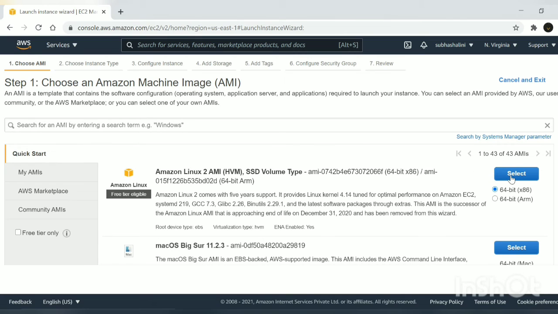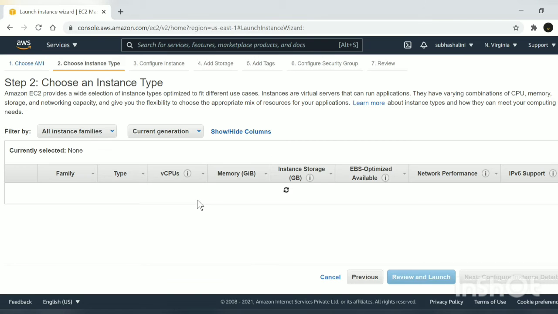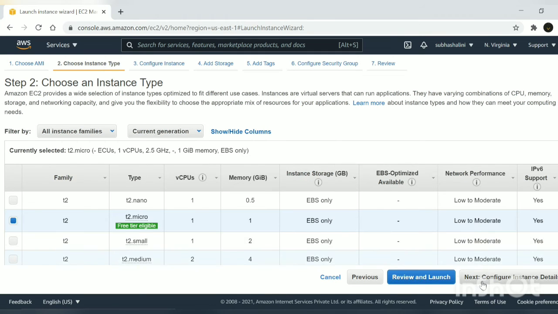Go with the free tier eligibility. I have chosen Amazon Linux 2. Just go with the free tier.